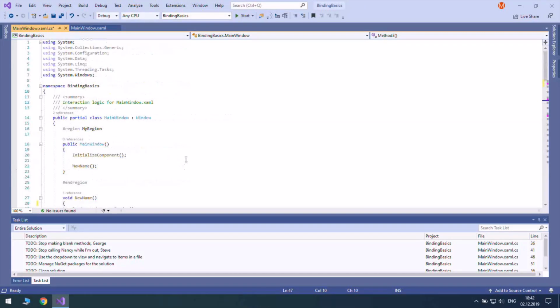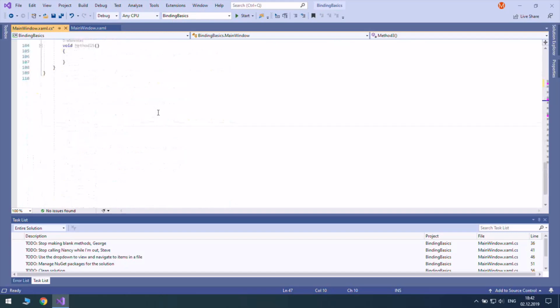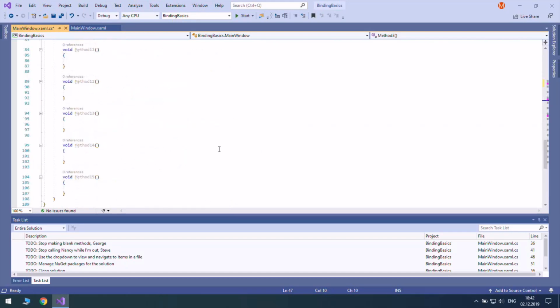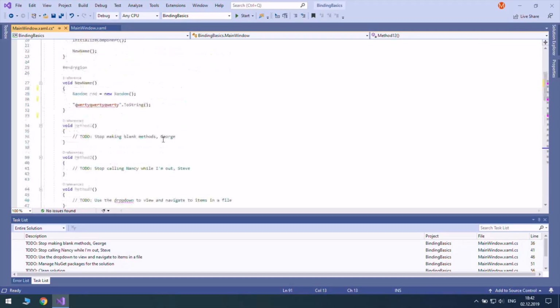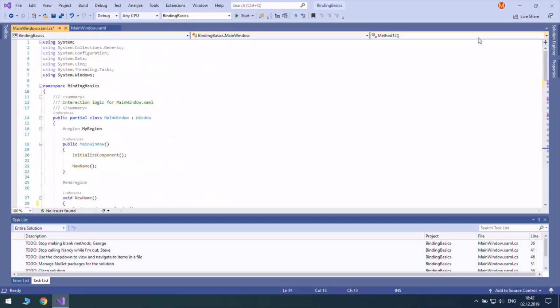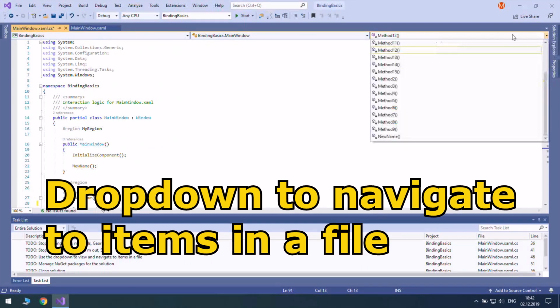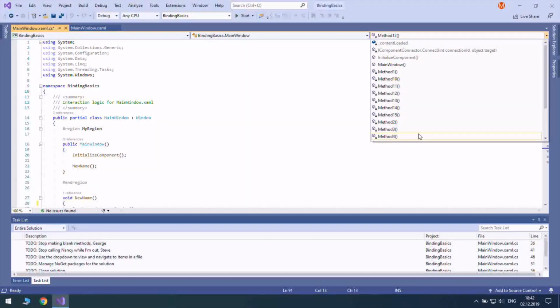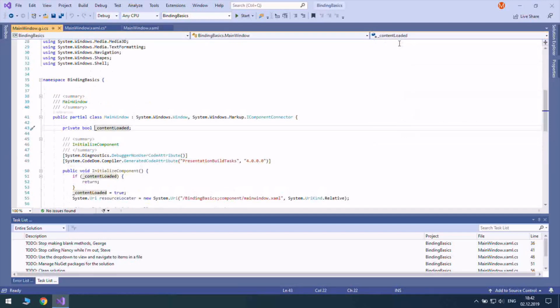So instead of scrolling every time, and you know that methods are usually bigger than one line, you can use this drop down to navigate between any methods in your file. And I think it also relates to properties and variables.